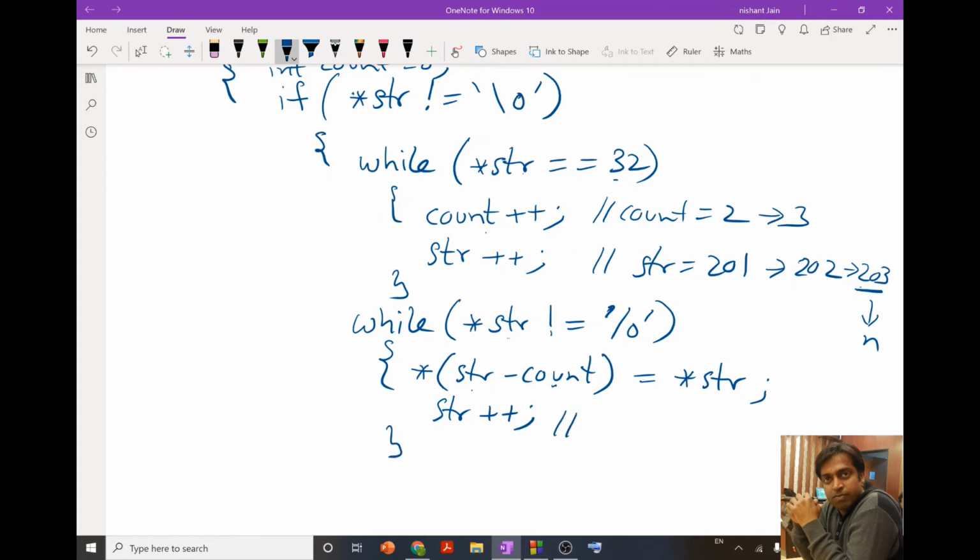So now str becomes 204. At 204 we have i. So again we go back to the while loop, we check the condition. Since we have star str, we have i, so it is not the null character. Since the condition is true, we will come inside the while loop.